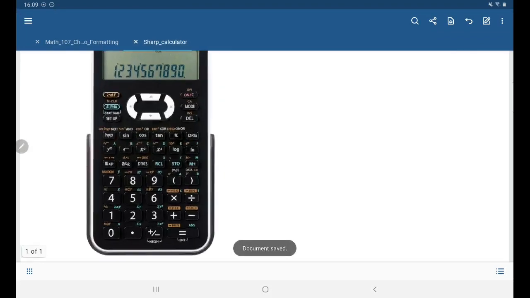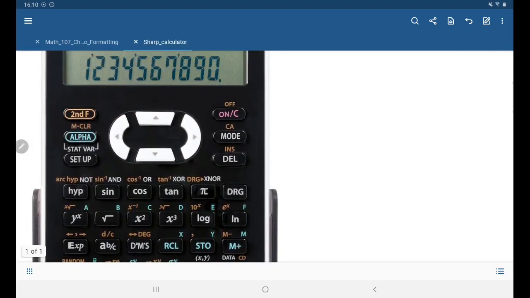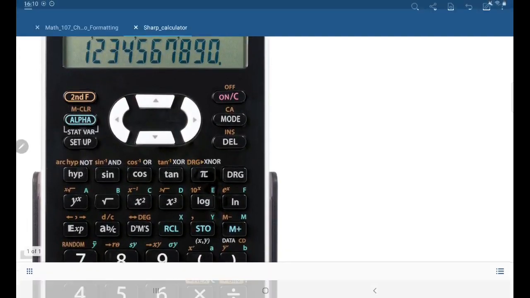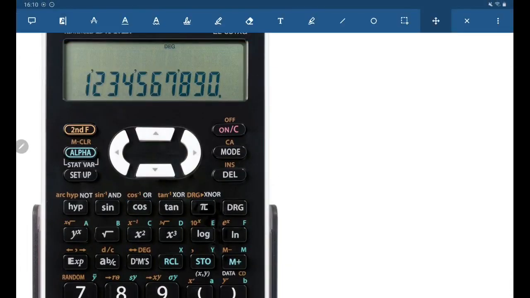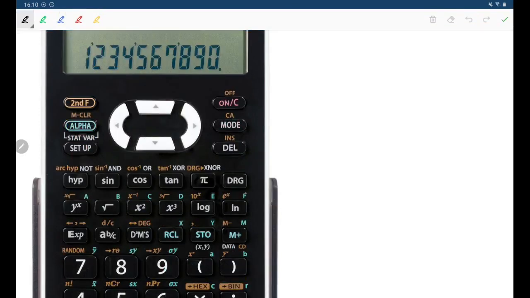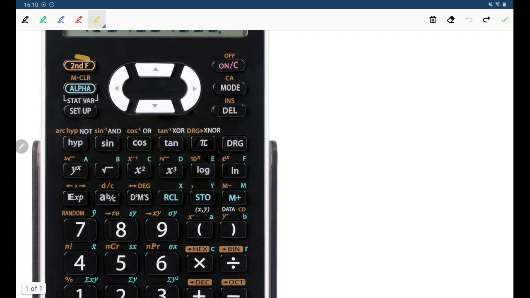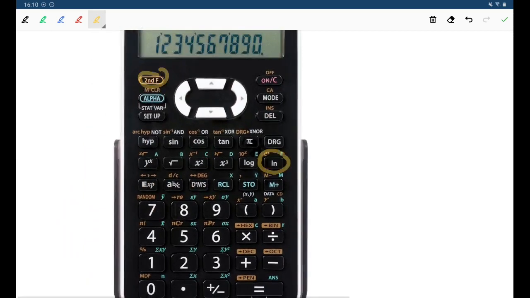If you're taking a look at your calculator, the Sharp EL531, you can see that right here above this button that we have, you can see that as a second function you have e to the power of x. And so if you wanted to use this to calculate e to some power, all you would have to enter is second function, e to the power of x, and then just enter whichever power you're interested in. So for example, e to the power of -1, I would then enter